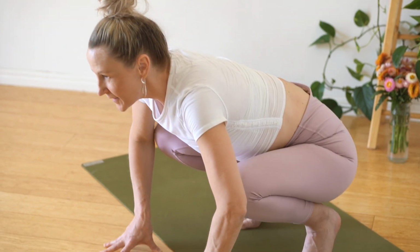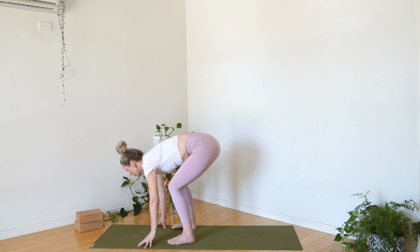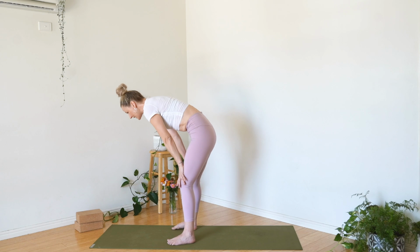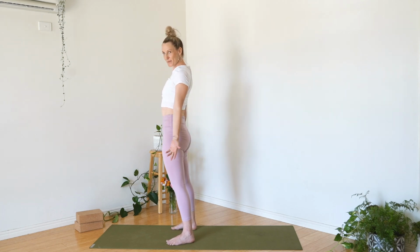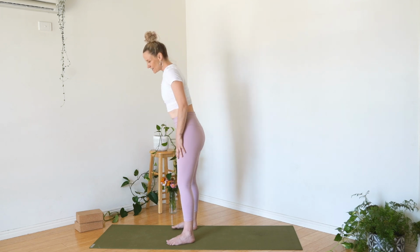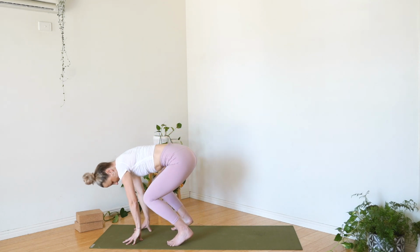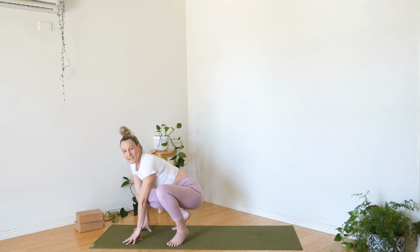Come up by using your hands again, push into them, weight back into your heels, and use your hands so you can climb up if your back's feeling a little sore and baby's really heavy. And then push the hips forward to stand back up, okay? Again, coming down into a squat, hands to knees, one hand down, both hands down, and all the way into your squat. And if you have a pre-existing yoga practice and you want to come deeper onto your heels, that's fine as well. You can practice squatting every day